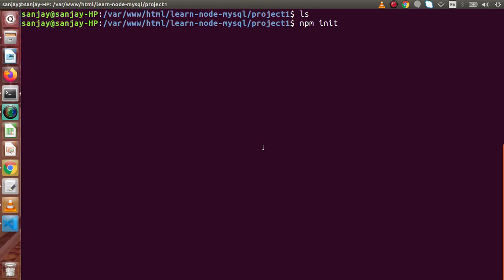While pressing enter, actually we have to go through multiple steps and fill in our form to generate the package.json file. But we are not going to generate it using those steps. So we need to write npm init with -y as a flag, where y means yes. So we have two options, either -y or --yes. So simply, npm init -y means we are telling the system to generate the package.json file for my project. So typing enter,